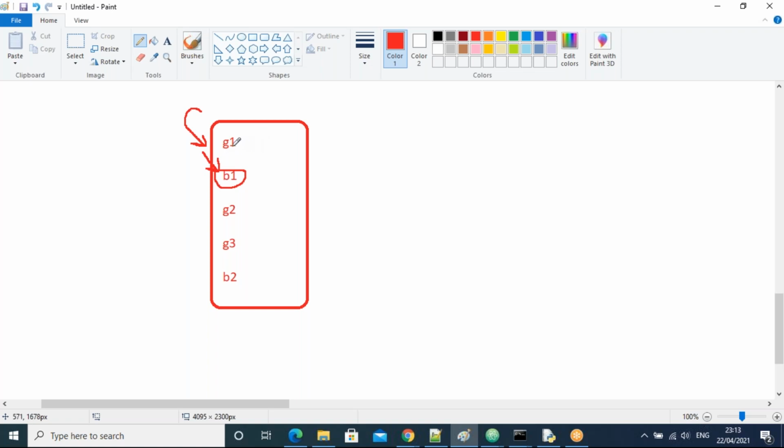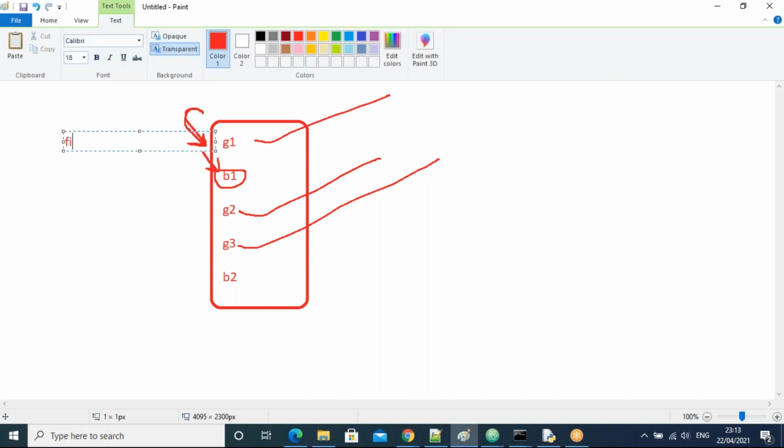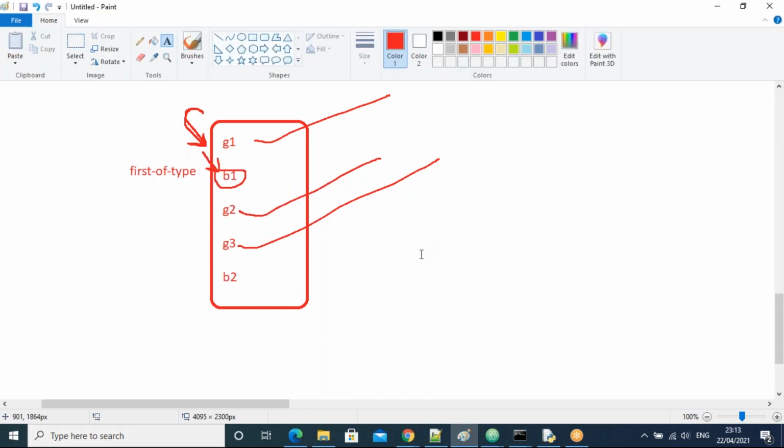Now slowly, what happens here? Girls get married, they go to the in-laws' family, guys. All clear, right? So what's the class name? First of type, guys. Choosing the boy one to take the family responsibility is the which class? First of type. It's the class name, because they're choosing the boy one for the right to take the family responsibilities.